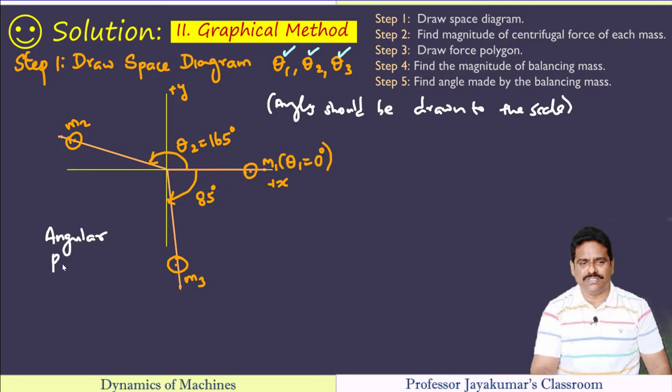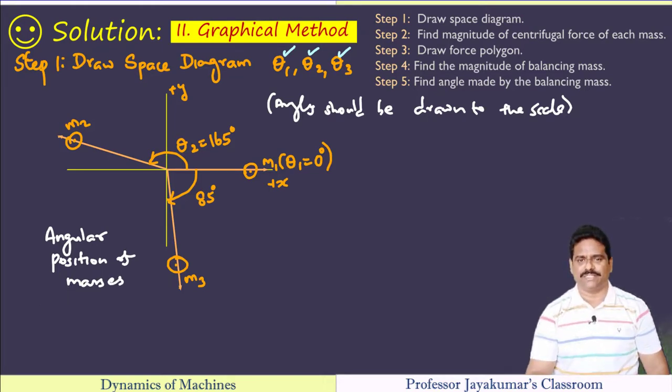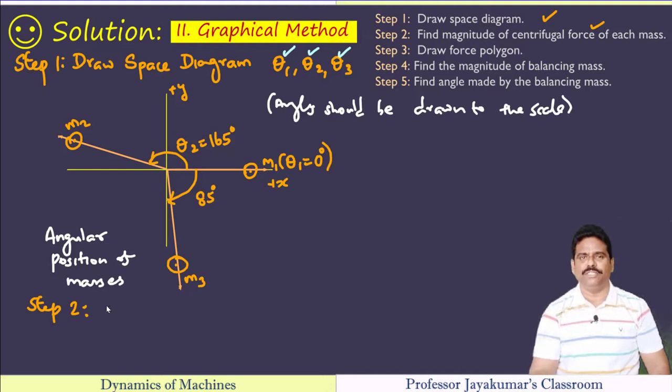Angular position of planes of masses. This is what I call space diagram. Is that clear? Yes. Now let us go to step number 2 to find magnitude of centrifugal force of each